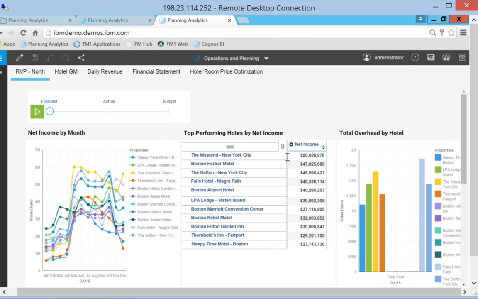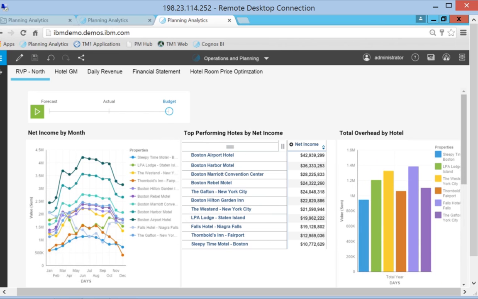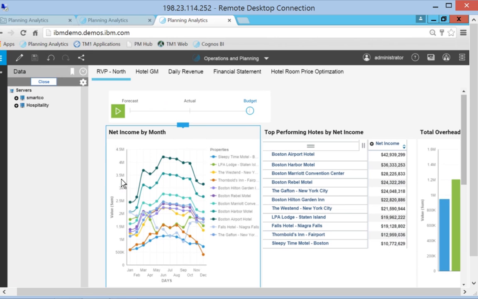This is based upon a hospitality company that we've worked with in the past. Here's just some different graphs and charts that we've created. I can jump between forecast, actuals and budget up here. And again, all of the information changes automatically. I can easily change as a user. Let's say this is put out there and I don't like the chart or the graph. I simply just can click on that chart,